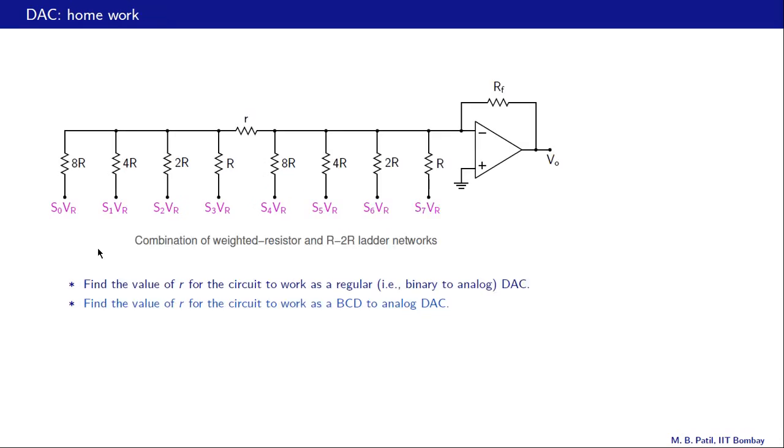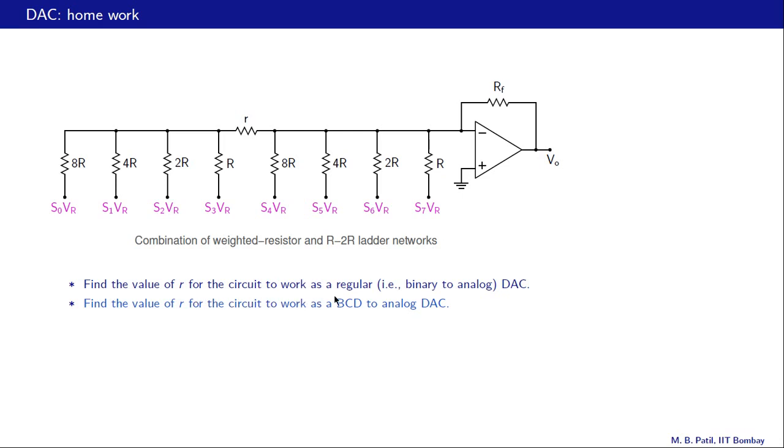Here is some homework for you. In this circuit, we have a combination of weighted resistor and R2R ladder networks. So here is our weighted resistor array, R2R, 4R, 8R, also here R2R, 4R, 8R. And you need to find the value of R, this small r here, for the circuit to work as a